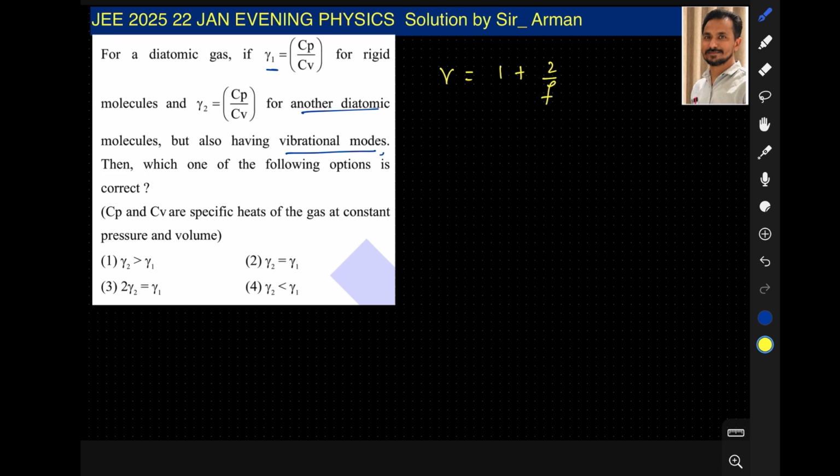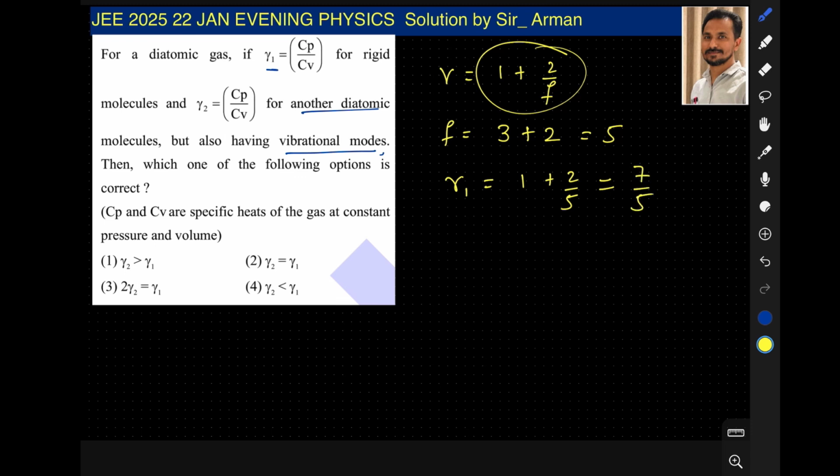Now the first molecule is a diatomic molecule having translational and rotational degrees of freedom. So the total degrees of freedom: it has 3 translational plus 2 rotational, so total 5 degrees of freedom. So gamma 1 will be equal to 1 plus 2 by 5. I am using this equation. So now here it will become (5 plus 2) by 5, that is 7 by 5, and gamma 2 has